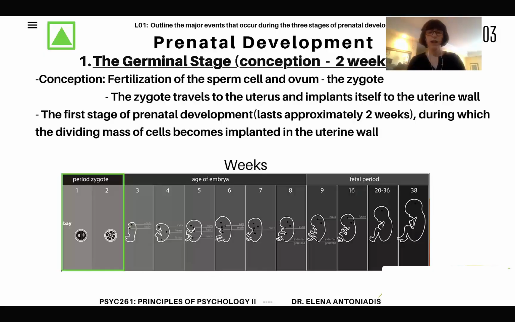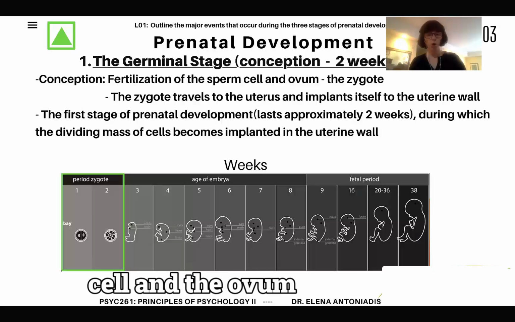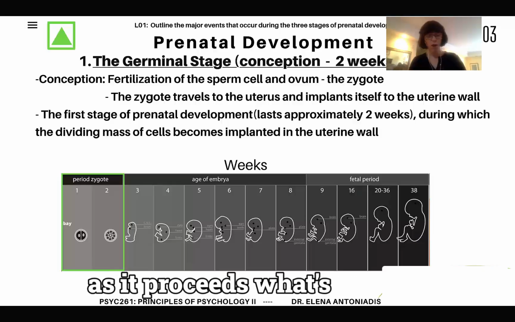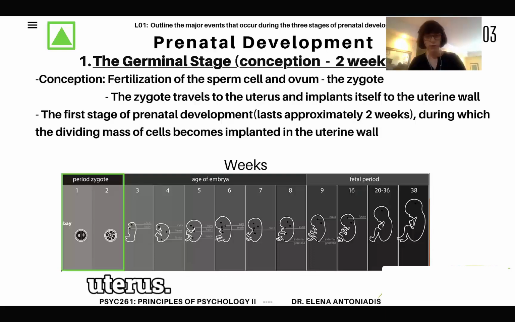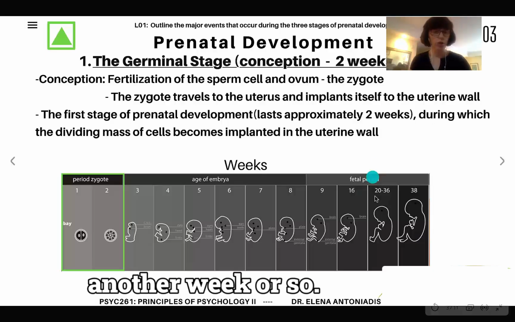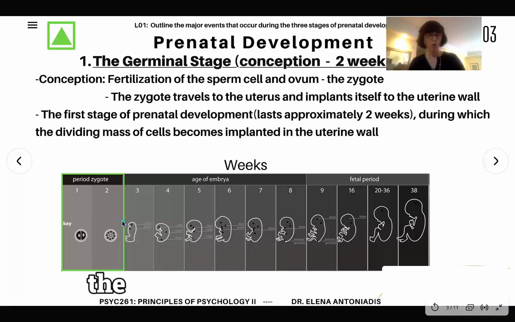So again, conception begins with fertilization of the sperm cell and the ovum or egg cell, and it forms a single cell, the zygote. And then the zygote repeatedly divides through mitosis as it proceeds on what's estimated to be a 3 to 4 day travel to the uterus. And then as it keeps dividing into multiple cells, it implants itself into the uterine wall. So this implantation takes another week or so. So that's the second week of the germinal stage,